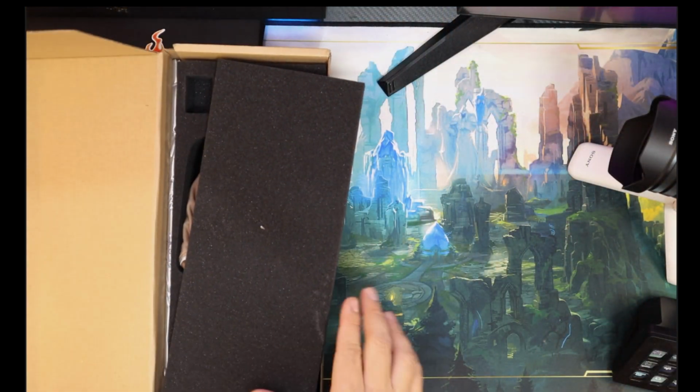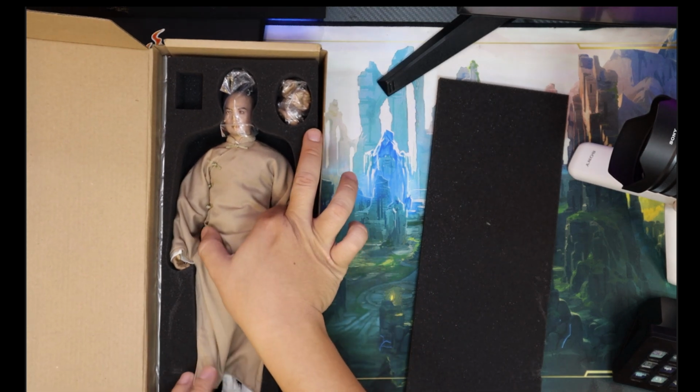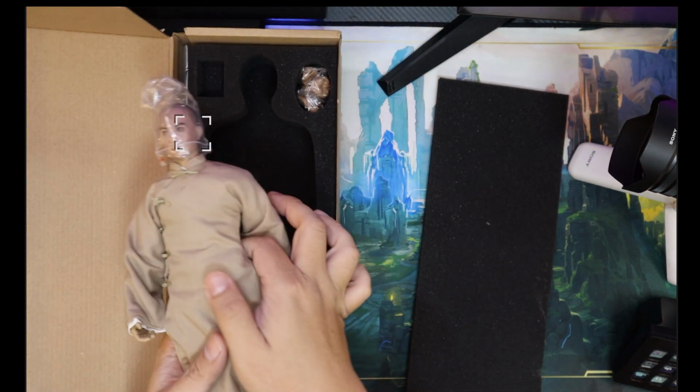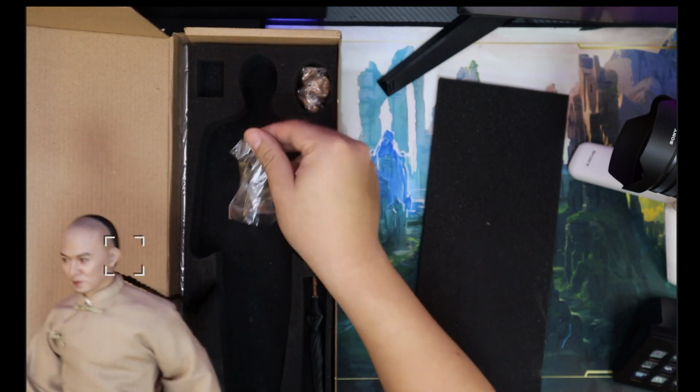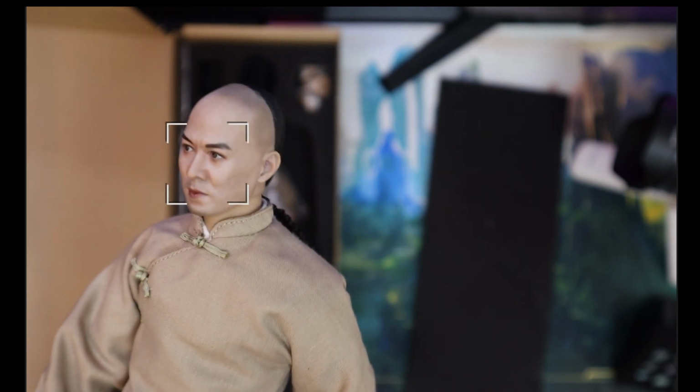It's a very unassuming box. It's almost like a custom made figure. I don't know anything about Ace Toys, but Jet Li has been a significant part of Philippine pop culture, especially if you're Filipino Chinese like I am. And right off the bat, right out of the box,